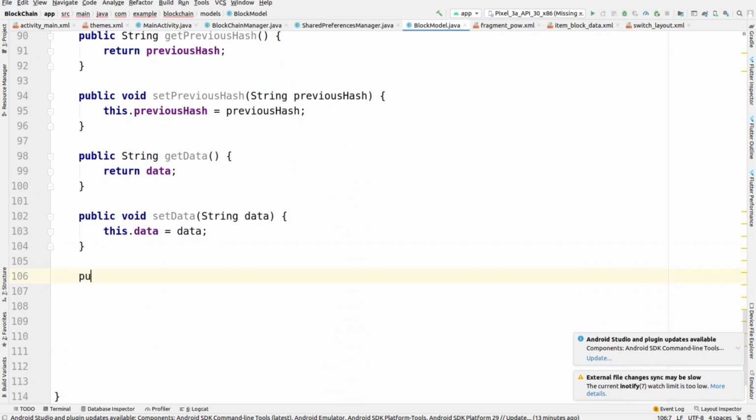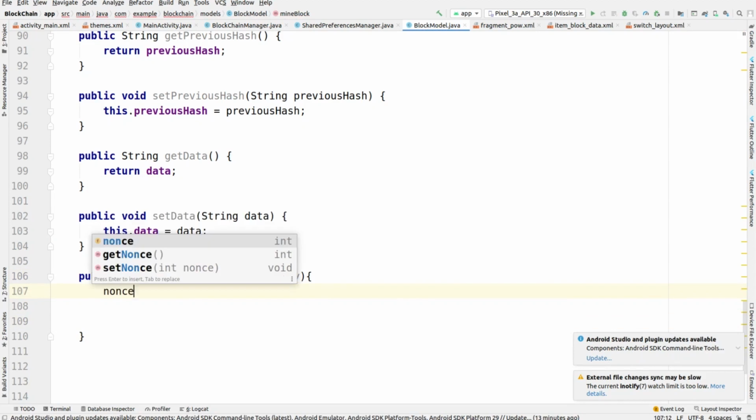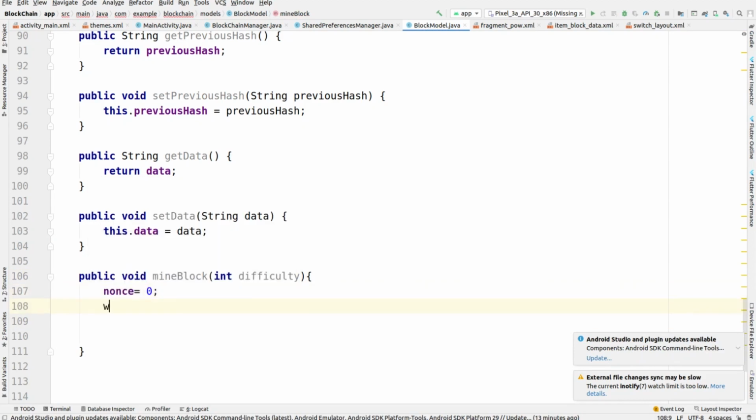Let me see if I require one more function here, and let me type it here. It is a public void mineBlock, and within this function the parameter is difficulty, the kind of difficulty for which you are creating a mine block.